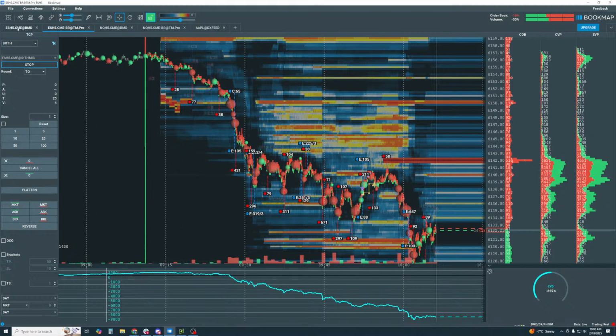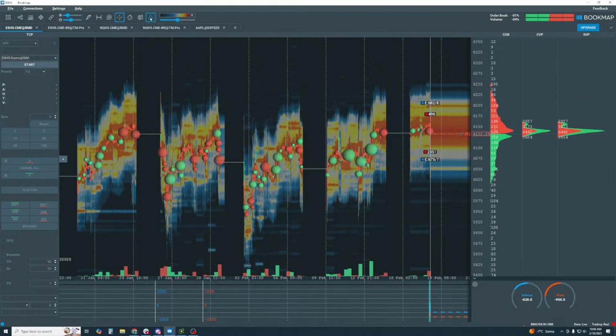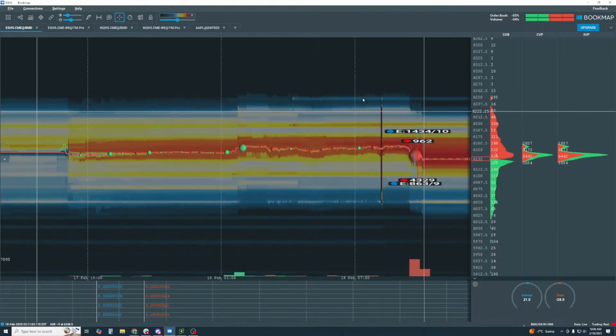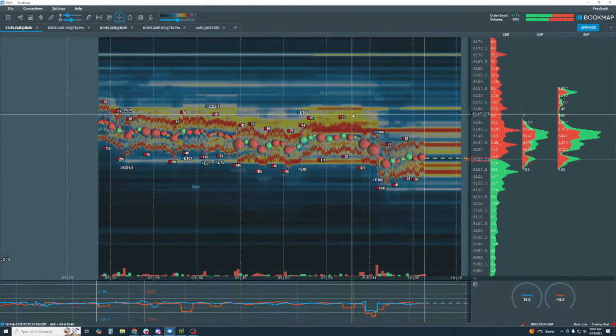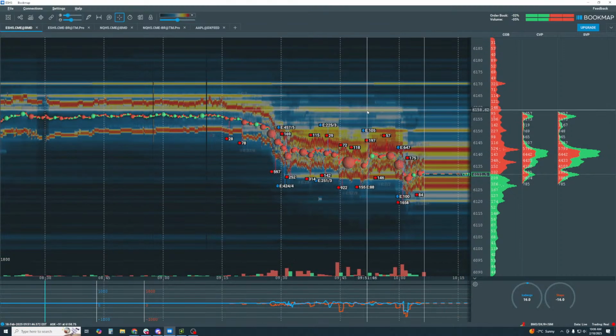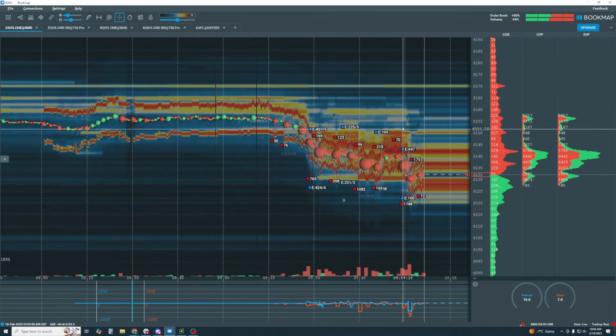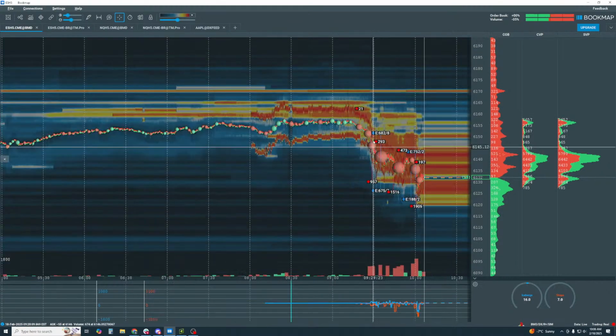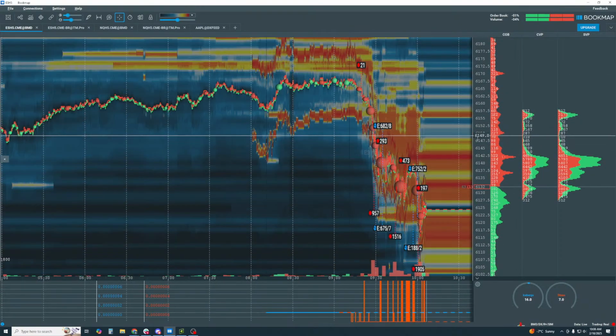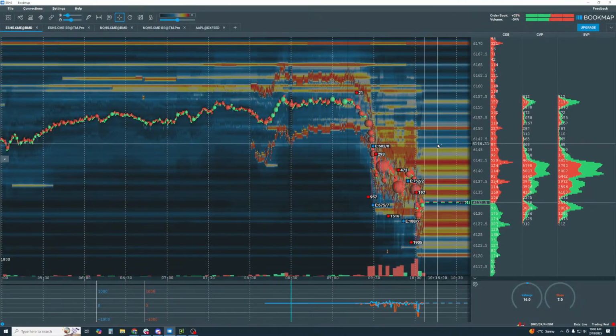So we're going to look at this version of Bookmap here. It is an alpha version, as you guys know. I've been talking about it for I think a month or so. It is very alpha, and there are still a lot of issues with it, but I want to show you how powerful this is, because I've been using it every day and I just love it.